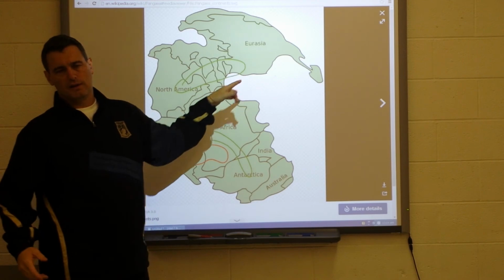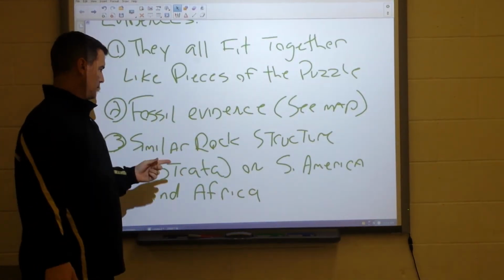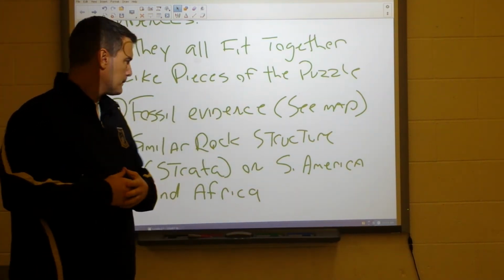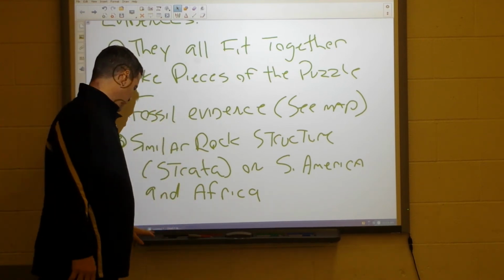Trilobites in North America and Eurasia. So Alfred Wegener said to himself and to the rest of the people, there is similar fossil evidence spread throughout the globe. And his third one was similar rock structure of strata, layers of the rock,